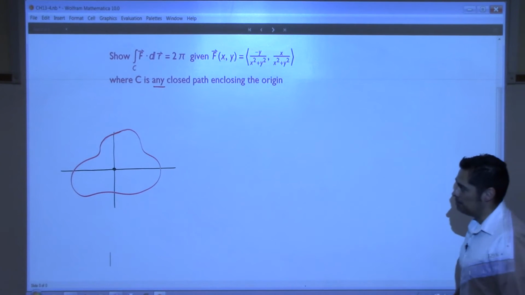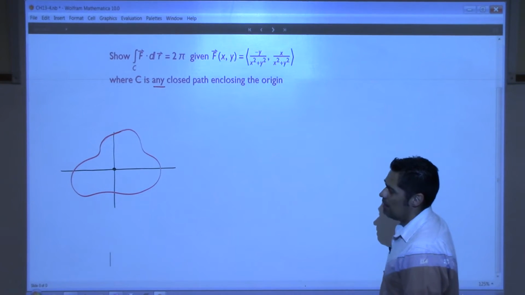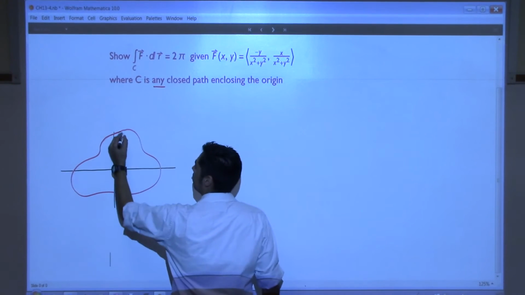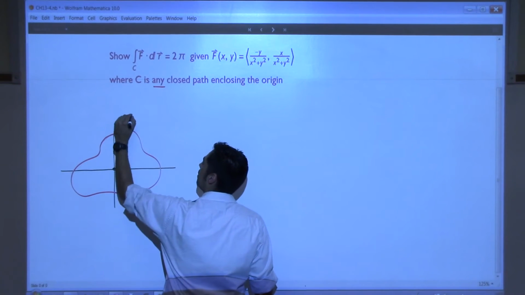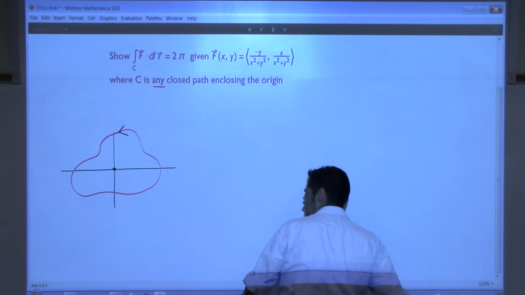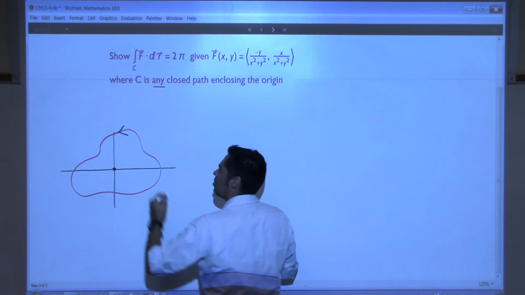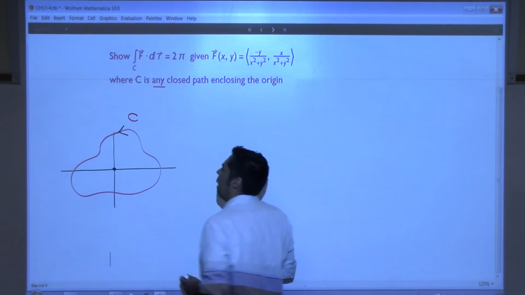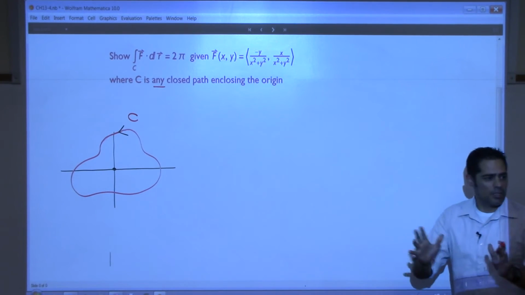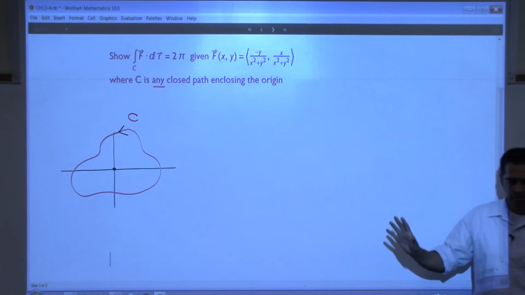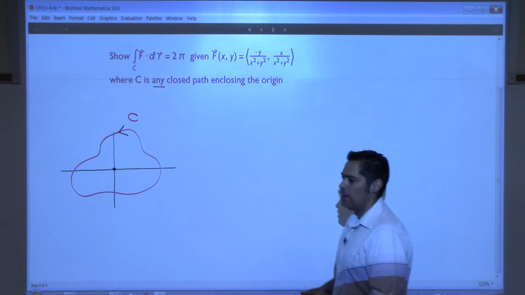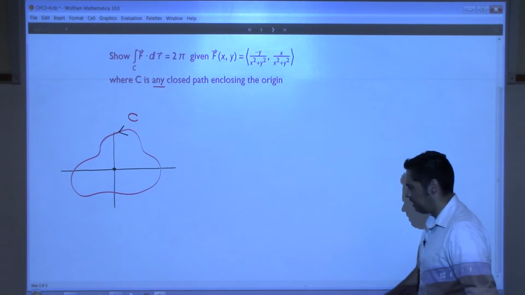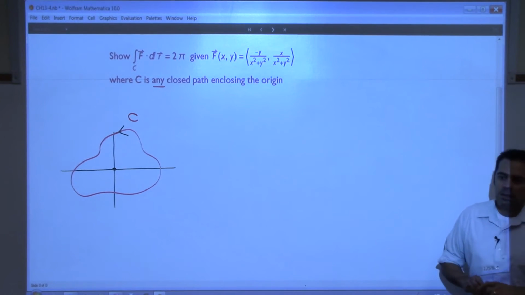And here's the way I'm going to do it. First of all, let's just call this path C, and I'm going to have positive orientation on this path. I'm not going to call it C1, I'm just going to call it C. That is an arbitrary path. Then I'm going to come in here and, very cleverly, if that's a word, I'm going to